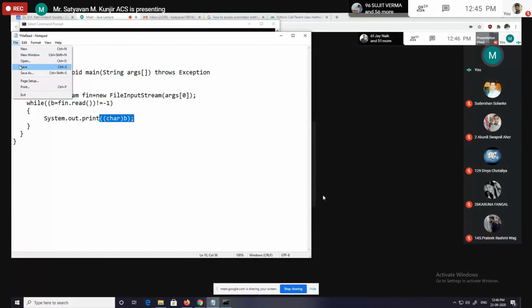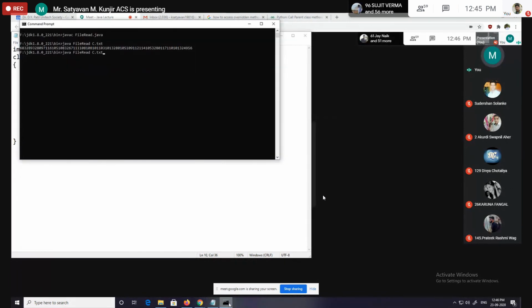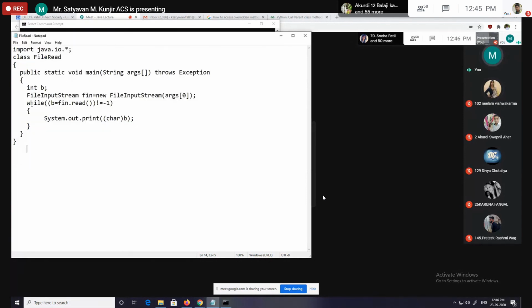Then see, students, now I am running this application. I have compiled it, and now I am executing it. Then see, we got the output in text format. Any problem? No, sir. Okay. By using the input stream class, I opened the file in read mode, and by using this I am reading the data character by character from the file, and that data is in byte format. But I want that data in text format, character format. So I have to convert that data